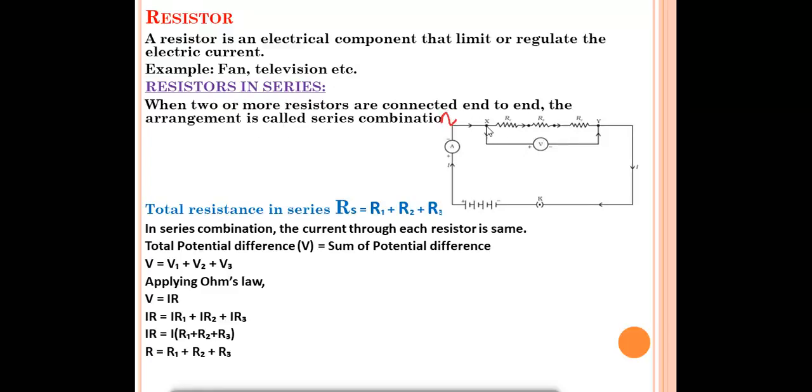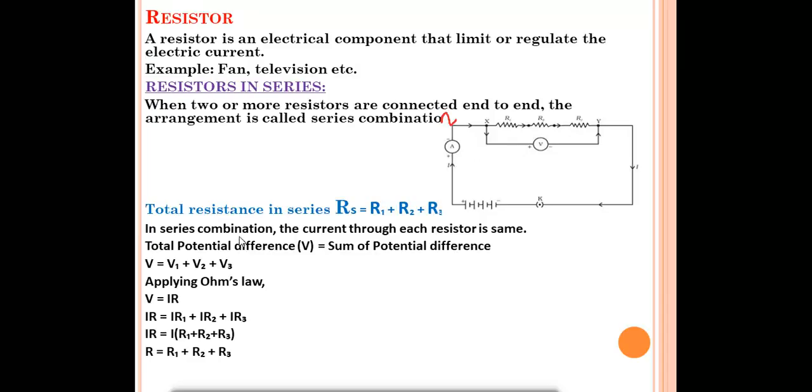In this you can see the voltmeter is connected in parallel with the resistors and the ammeter is connected in series with the resistor. We have read that a voltmeter will always be connected in parallel and an ammeter in series. You can also see the direction of current: the current flows from the positive terminal to the negative terminal. If in the exam it is asked to draw a circuit diagram representing series combination with ammeter and voltmeter, you have to draw this type of diagram.